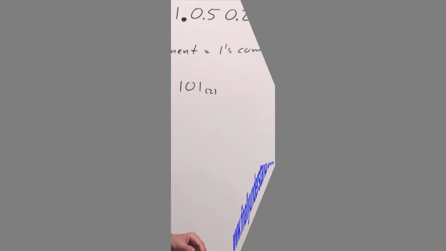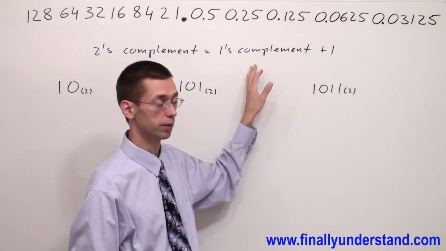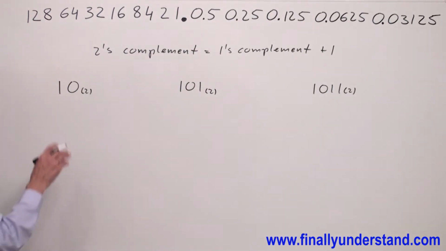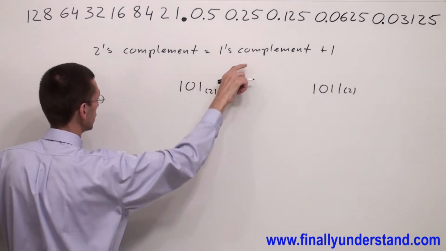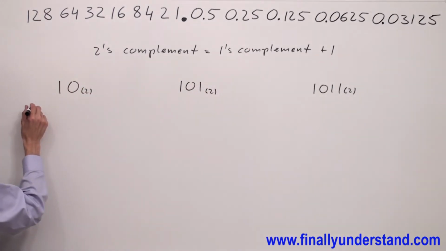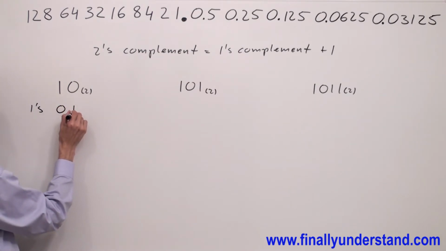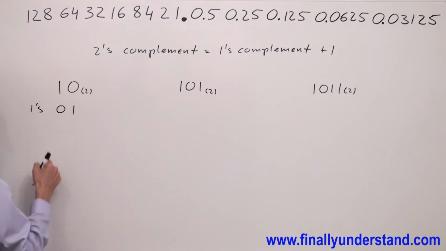This time we're supposed to find 2's complements. In order to find 2's complement, we're supposed to add 1 to 1's complement. We have given binary numbers. So according to this rule, we're supposed to find first 1's complement. 1's complement of this binary number is going to be 0, 1. Remember, we're supposed to find the complement of each bit